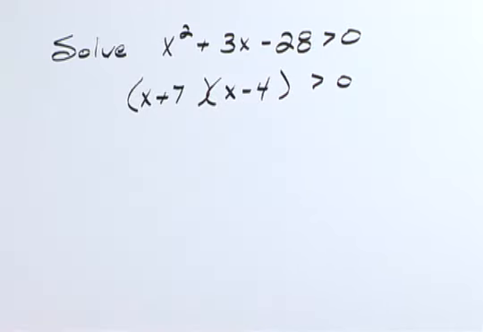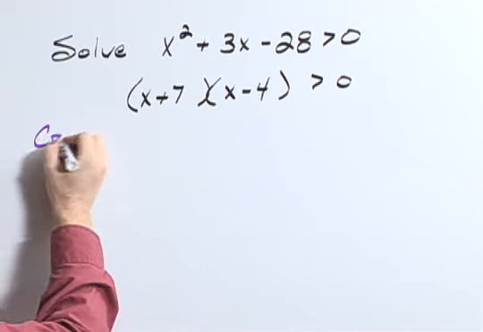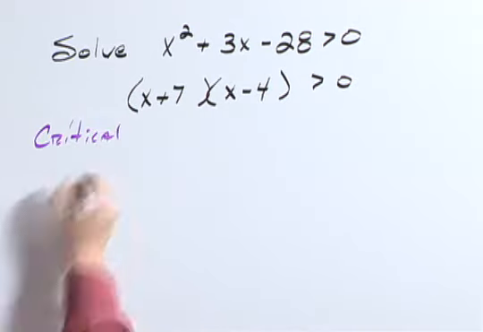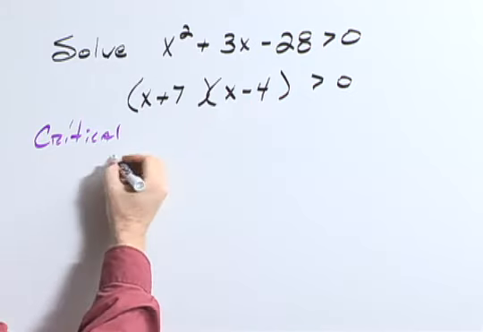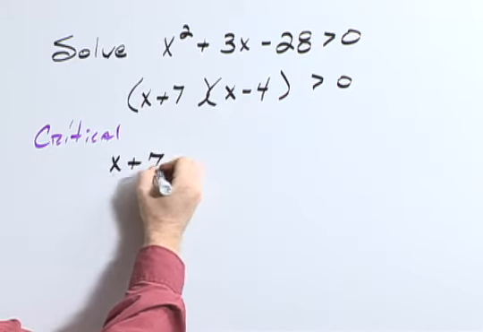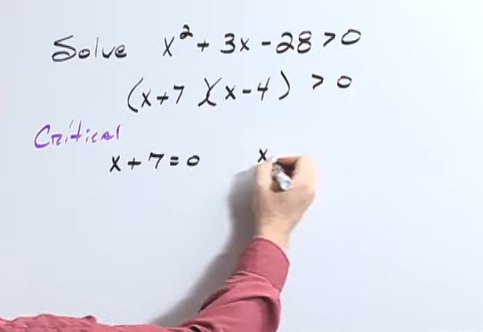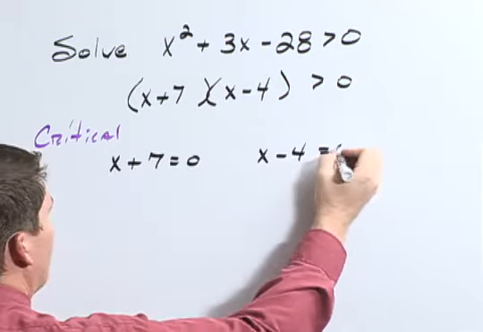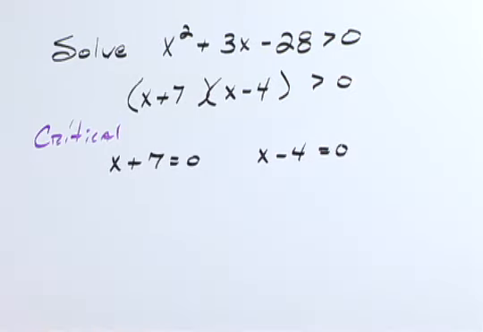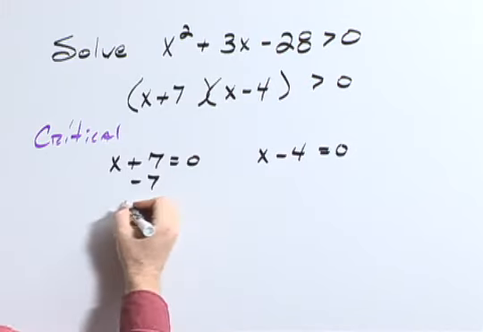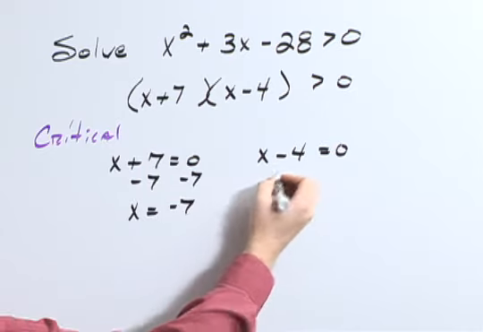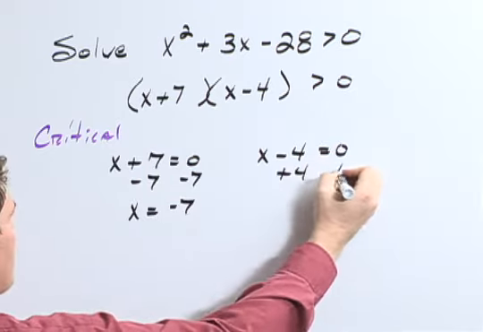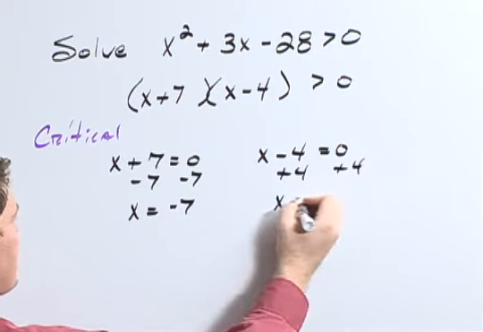Next, what I want to do is to find my critical values. To do so, set each of these products equal to 0. So x plus 7 equals 0, or x minus 4 equals 0. Next, solve for each of those. Subtracting 7 from both sides, I get x equals negative 7, or adding 4 to both sides gives me x